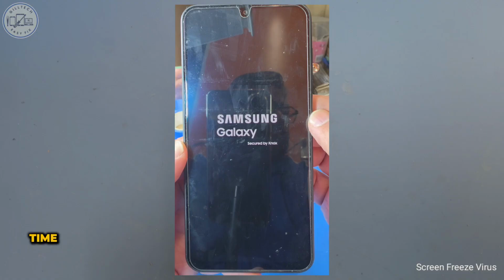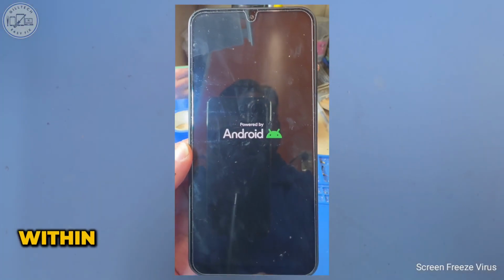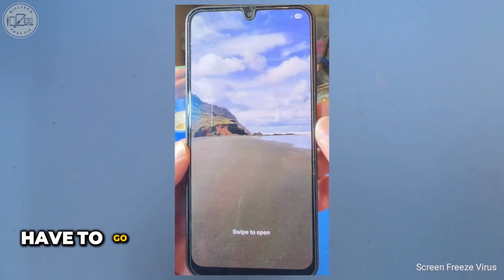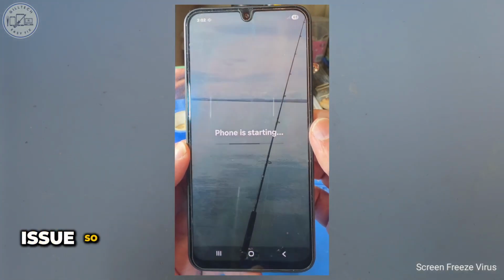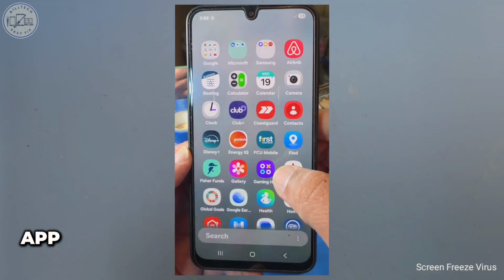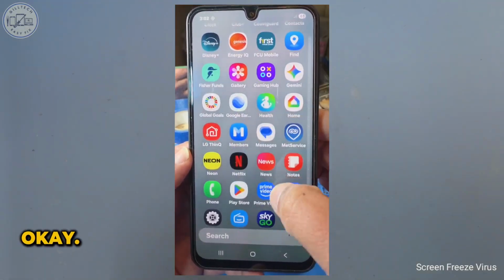Then the virus takes some time to take over. So within a few seconds, I have to go to the settings and find that app which is creating this issue. So I have to delete that app. Okay,